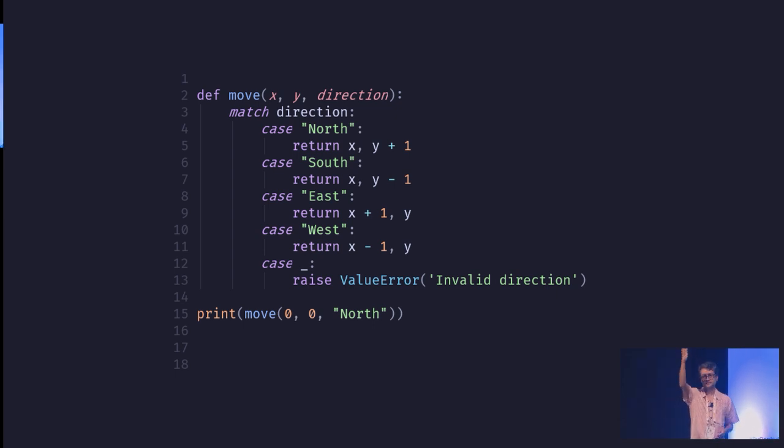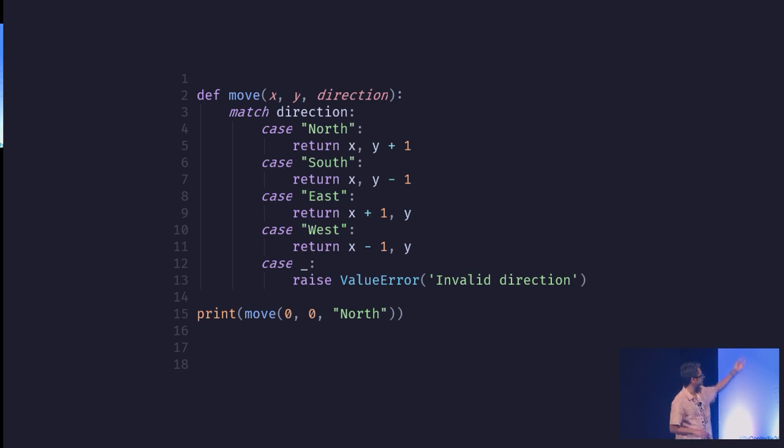How many of you use switch case in any other language? Okay, almost everyone. So this looks like a switch case statement, and people were like, oh, now Python has got switch case. For many years, people have been asking for switch case, and it had not been added to Python. A lot of people used to say, we can just use if, else, if. Why do we need switch case? Then finally the match statement came, and a lot of people were like, okay, switch case has come to Python. And even I used to say, for so many years, why do we need switch case? We can use if, else, if.